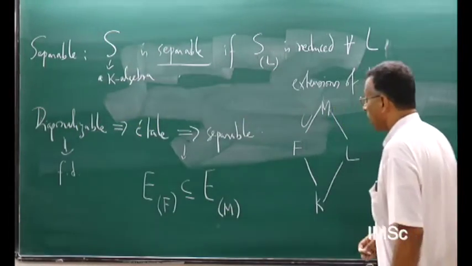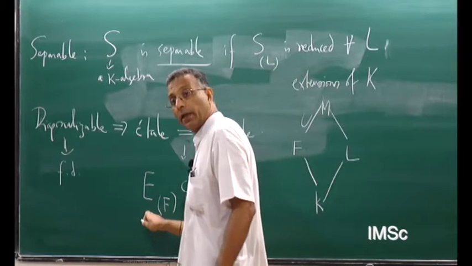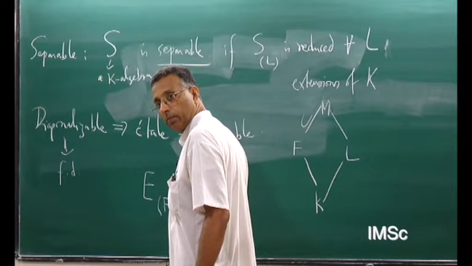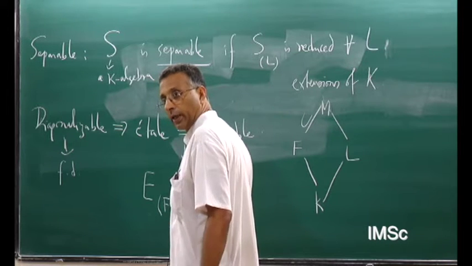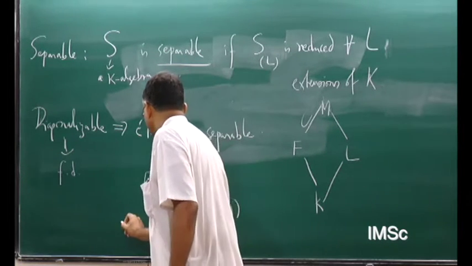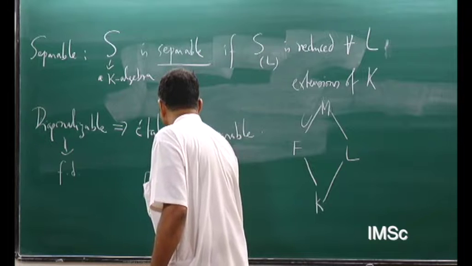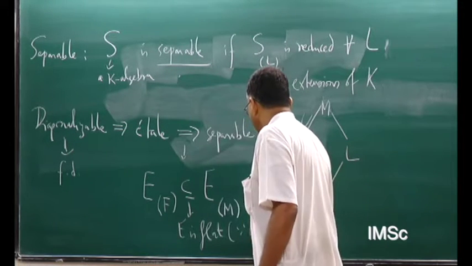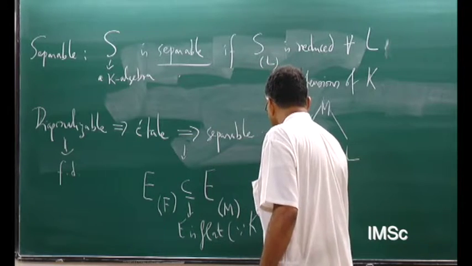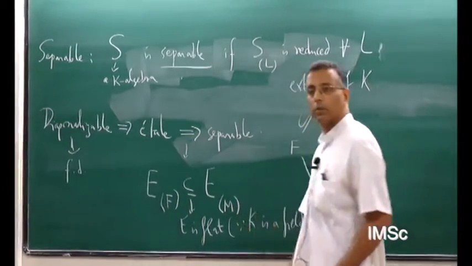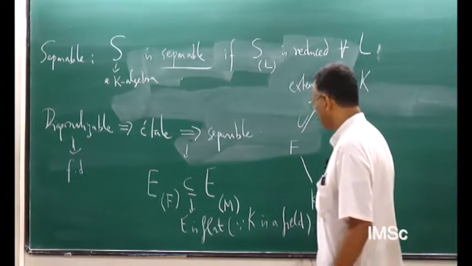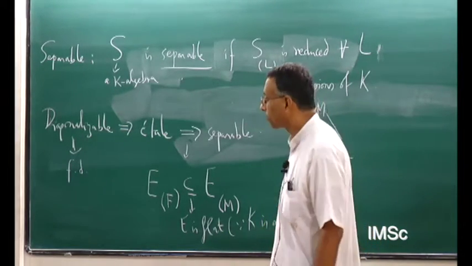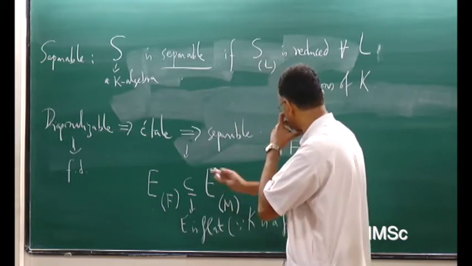Okay. So I want to show this is reduced. Therefore, it's enough to show this is reduced because this is contained, right? So this is because E is flat, because K is a field. Okay. That's maybe a very roundabout way of saying it, but in any case, there it is.